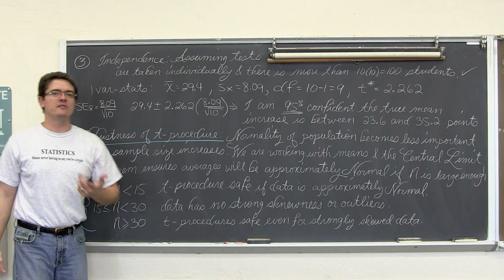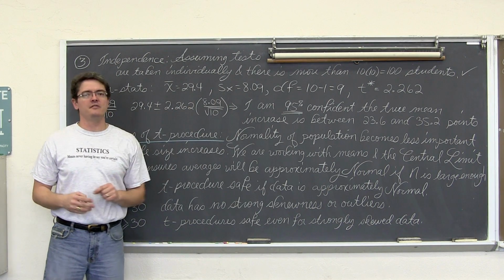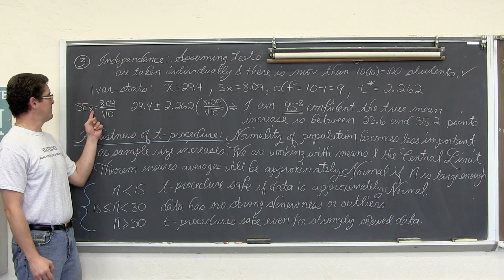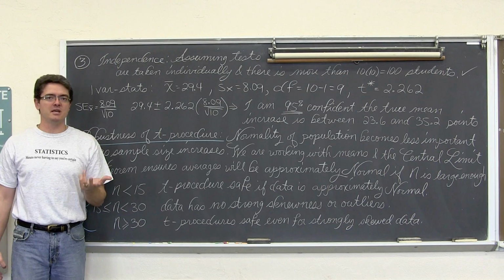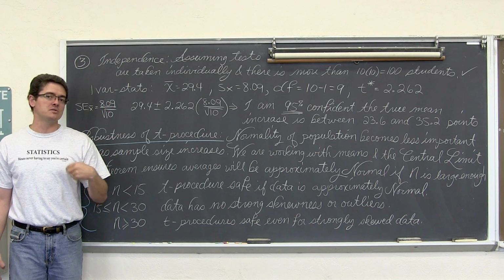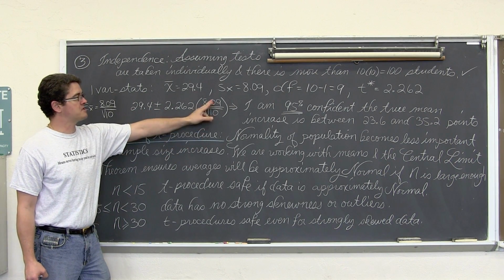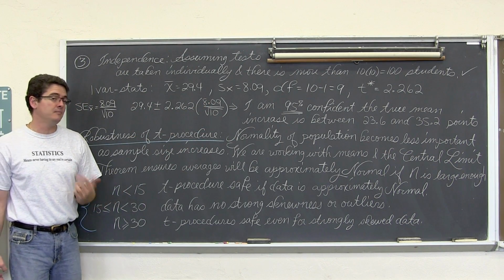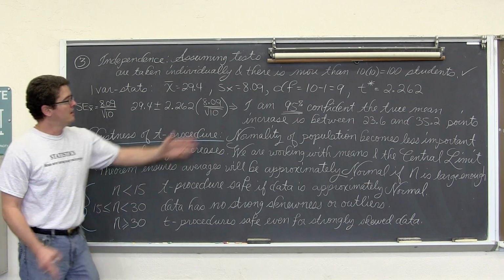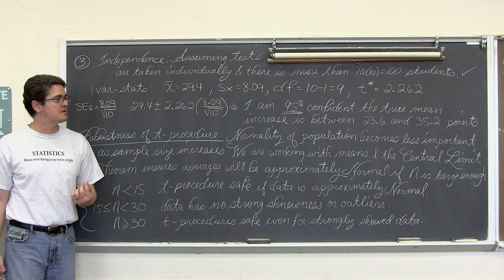I just talked about that in my previous video, but you might not be watching both of these. When you use a sample standard deviation to calculate the standard error of the mean, it looks just like it did with the standard deviation of the mean. It's the standard deviation divided by the square root of n. It's just that you're using the standard deviation of the sample. So estimate plus or minus critical value times standard deviation of the mean, if you're using the words that are off your formula sheet on the AP exam, and I'm 95% confident that the true mean increase is between 23.6 and 35.2 points.